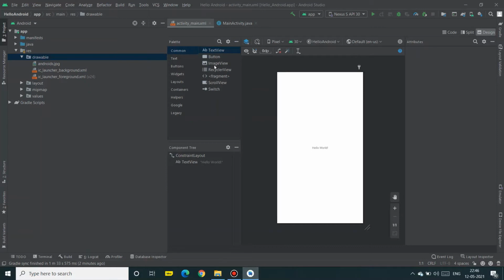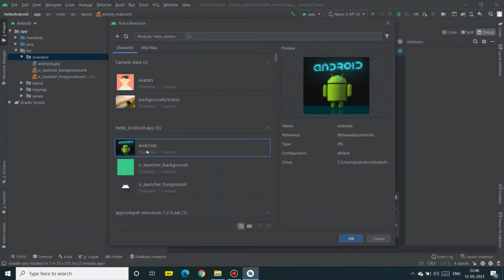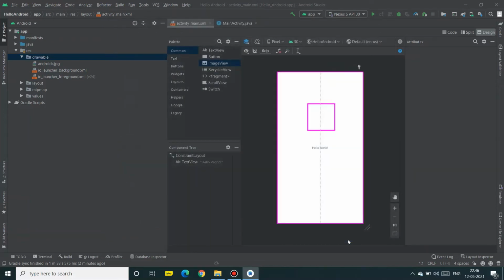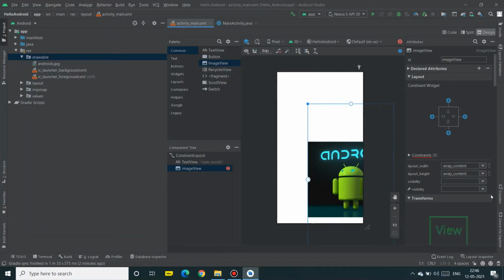Now we will add our image view. Drag and drop the image view to the preview pane. We can adjust the image accordingly.